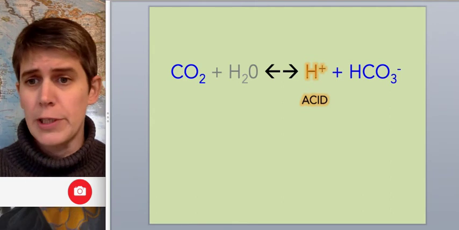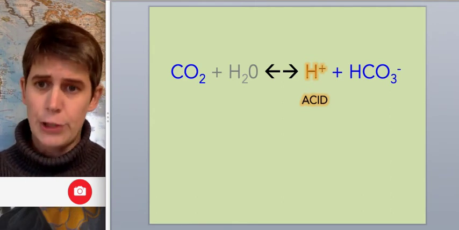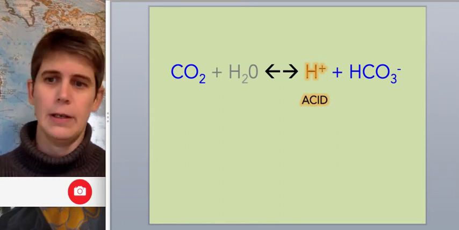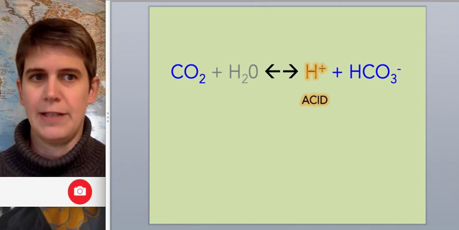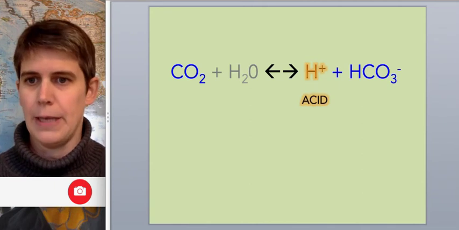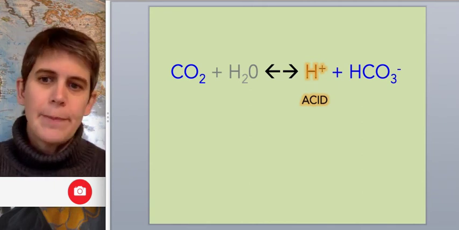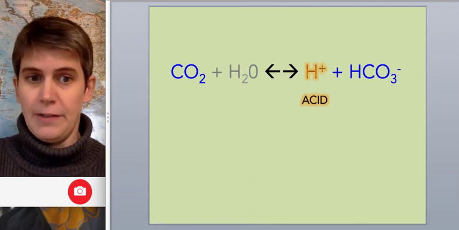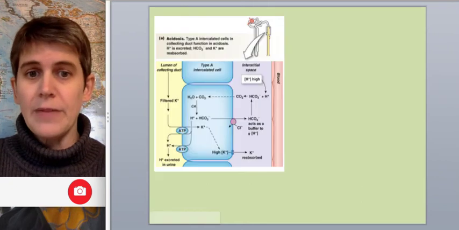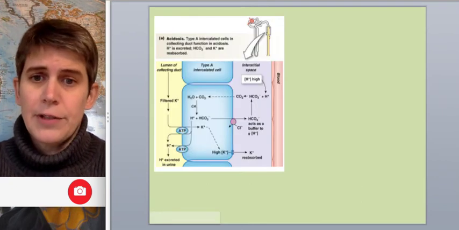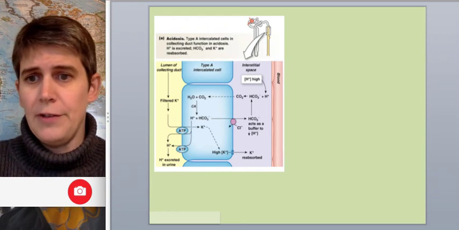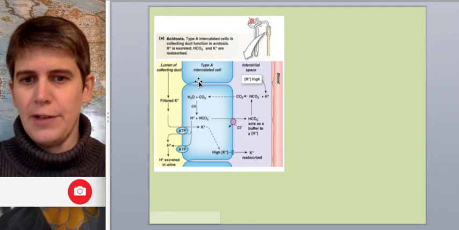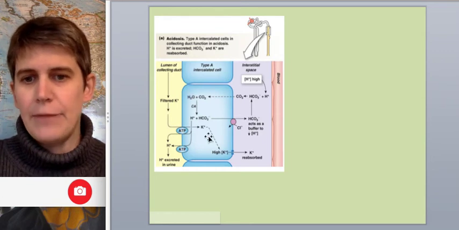This is a much slower response. The kidney adding or returning acid and or bicarbonate to the blood or keeping them in urine is something that takes hours to really make a significant change in blood pH. Okay, so if you're going to have a pH problem in your blood, it's probably acidosis. There are many more common causes of acidosis than alkalosis. If you have acidosis in your blood, that's going to be addressed by these cells in the kidney called type A intercalated cells. Okay, so these blue cells are the type A intercalated cells, and they have two key transporters